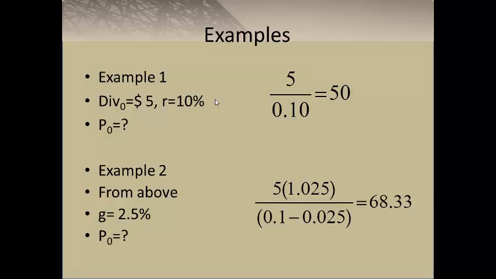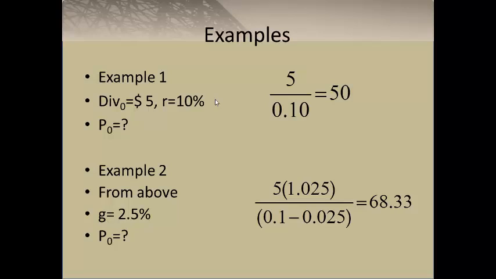So the numerator is 5 times 1.025, which is Div0 times 1 plus g, or Div1, divided by R, which is 0.1 from above, minus g, which is 0.025,